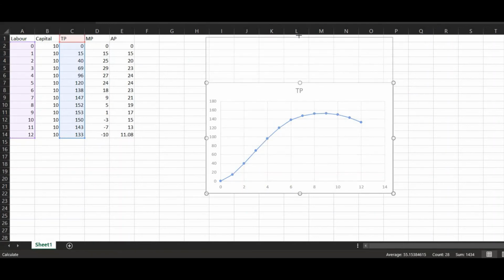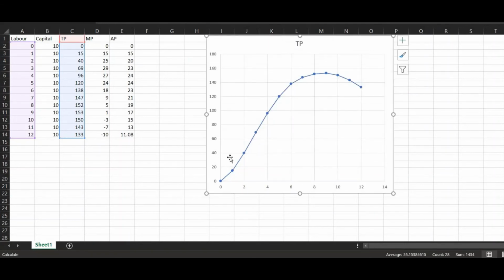For example, this is the graph now of total production. This is the graph of total production. Here you can see that on every point, for example, when we have hired 4 individuals, the total production was 96. Here we are looking at some information till 4, you are looking that the production is increasing. The production is increasing at an increasing rate,